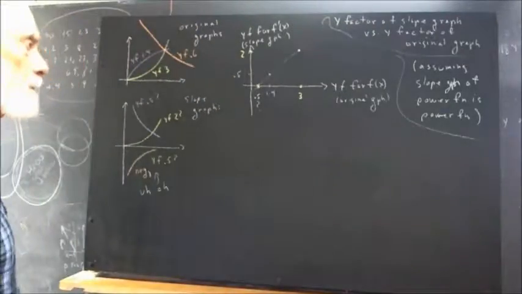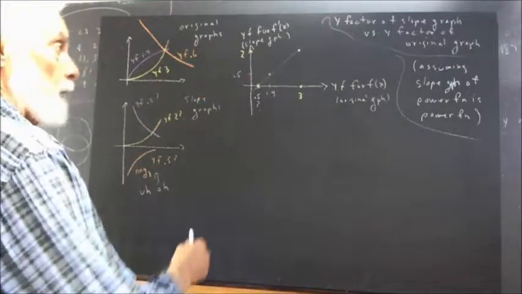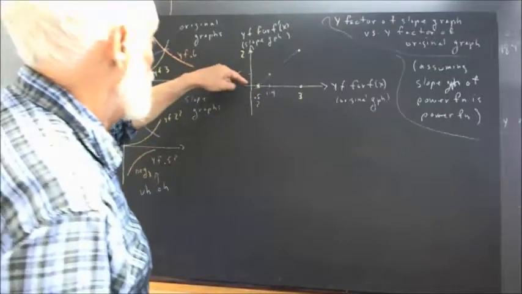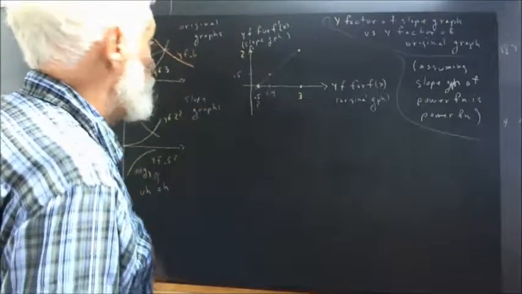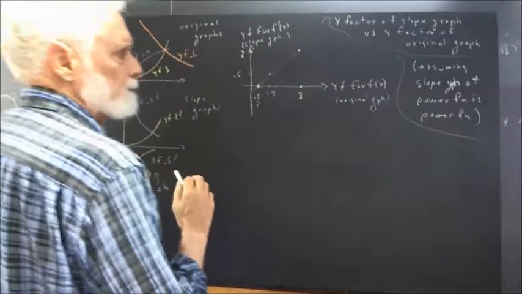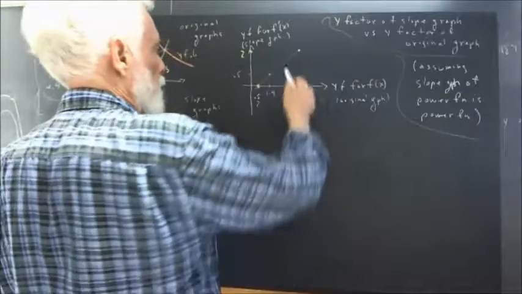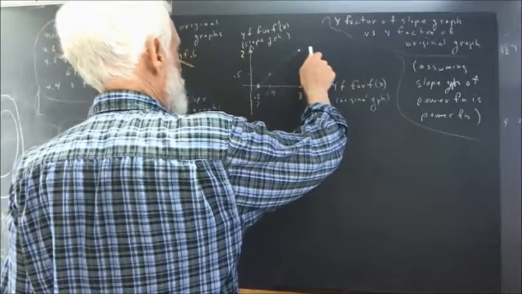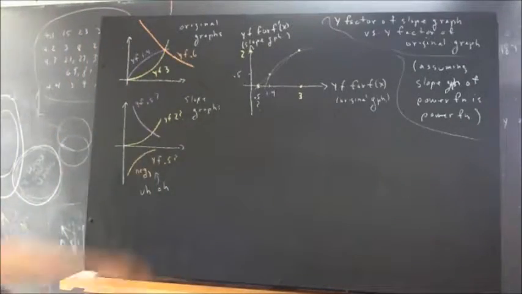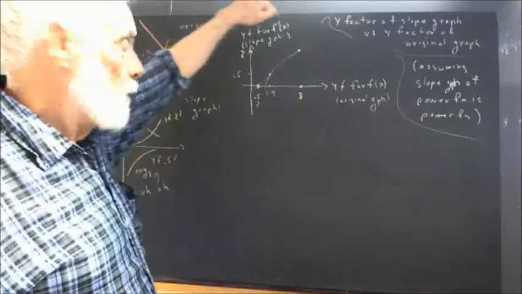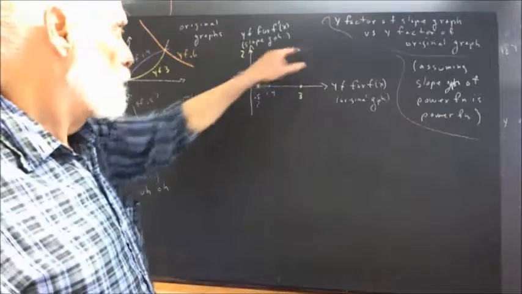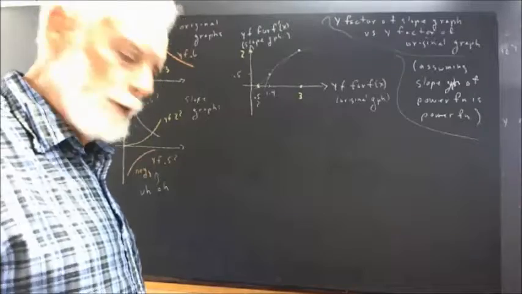Okay? But this graph could have another characteristic. It could be concave up to the extent where you don't even get a slope of 0, because you can't have a negative y-factor. Actually, you could, but it wouldn't be a power function, and I don't want to go into that. Or it could be concave down, and maybe it looks like this. Okay, so interesting question: where does the y-factor for the slope graph become 0? What's the shape of this curve? And furthermore,